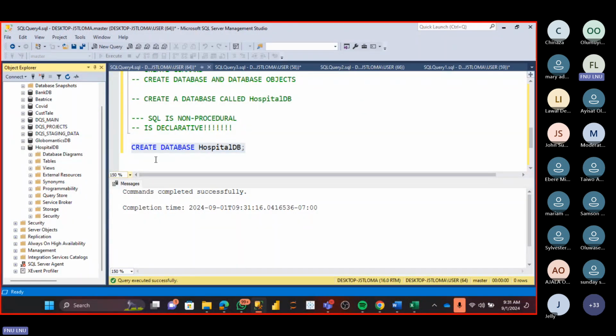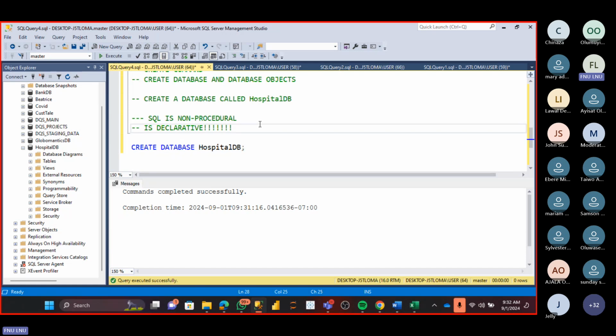It is empty. Good, we understand that. But the main thing is that we successfully created a database called Hospital DB. Good. Now, in SQL, if you want to write a comment, like I saw someone complaining, all you just need to do is to write,